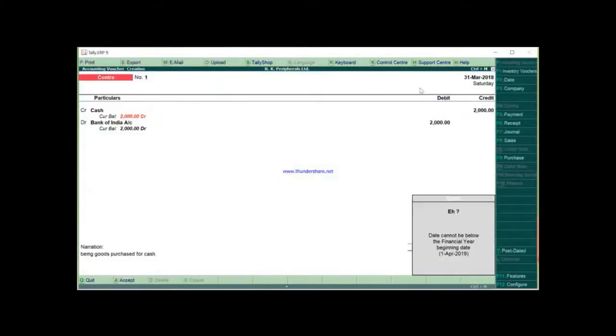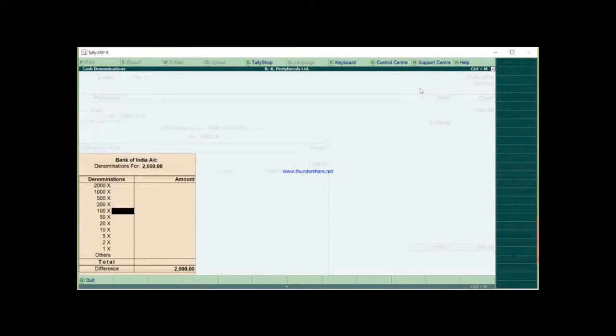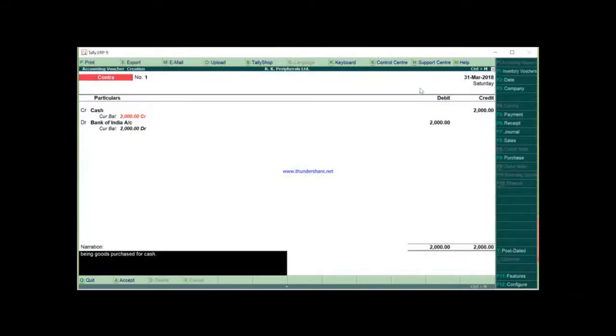Here you can write all the details. If no details are there, don't write. And in the narration part you write being cash deposited in Bank of India.